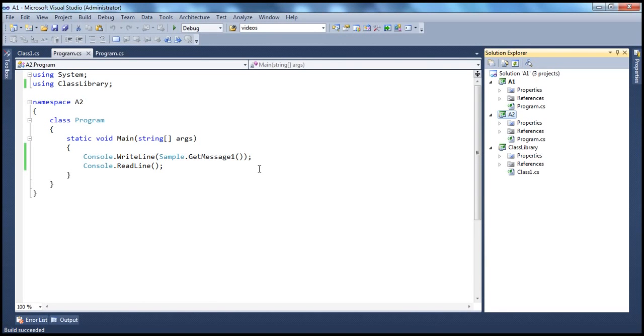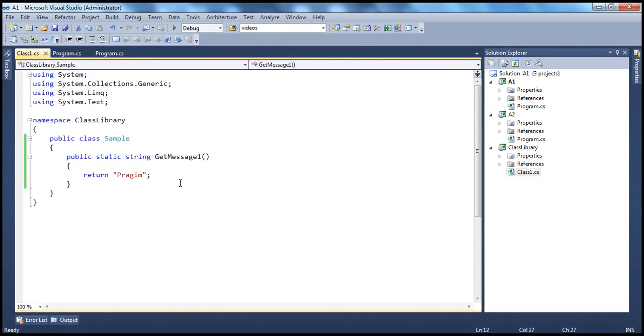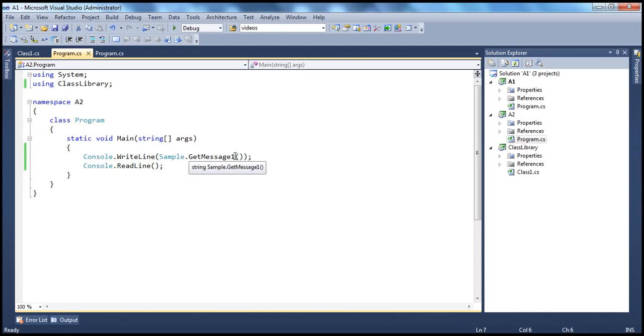Let's say they improved this class library method. Instead of saying Prajim, they said in Prajim Technologies, and instead of calling it getMessage1, they called it getMessage2. So obviously now if I go to A2, I will say, okay, instead of getMessage1, it's going to be getMessage2. And when we build this application now,